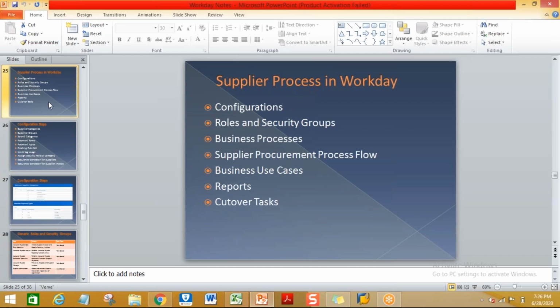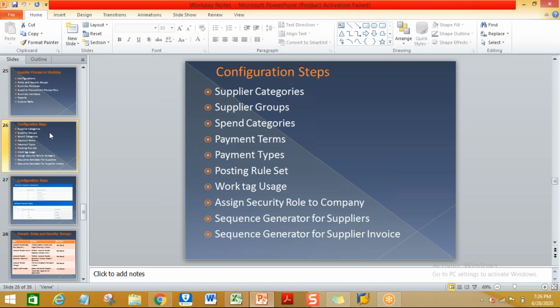So the configurations. So the configuration supply related. Okay, this is called accounts payable process. In Workday, we call it a suppliers process. So in the supplier process, to maintain the supplier master data, or the supplier transaction data, we have to